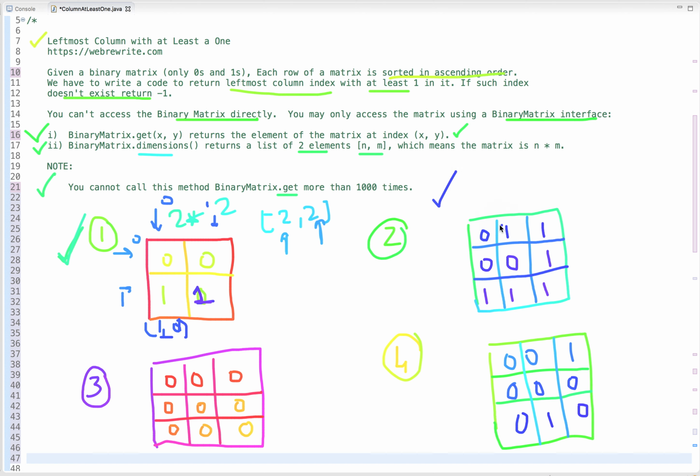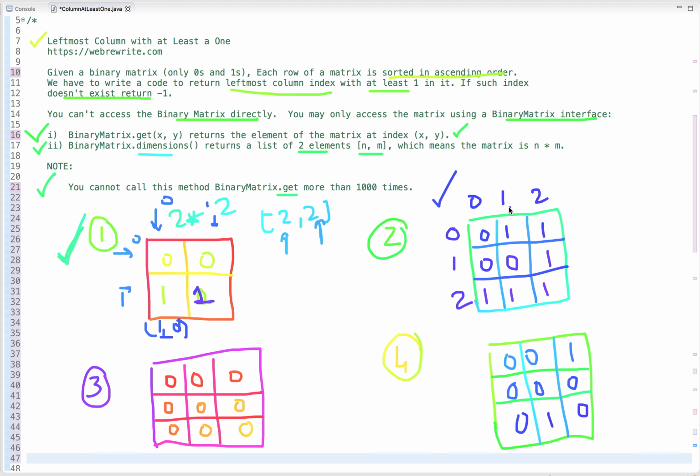In the second example, you can see each row is sorted in ascending order, and let's write down the indexes. This is the 0th column, the first column, the second column, and this is the 0th row, the first row, and the second row.